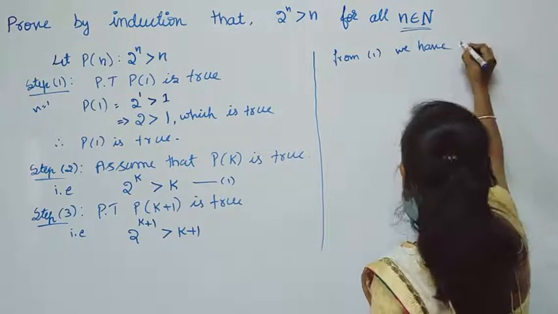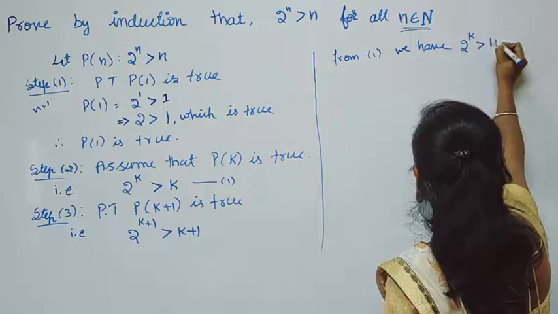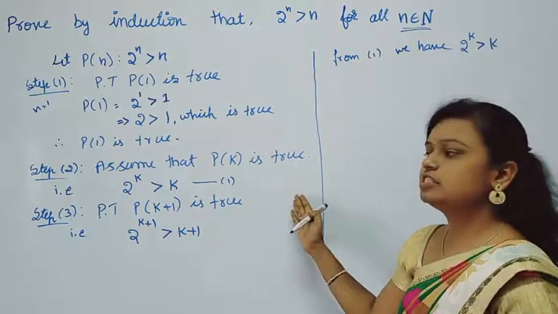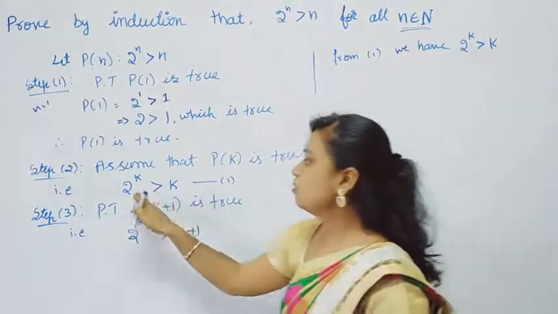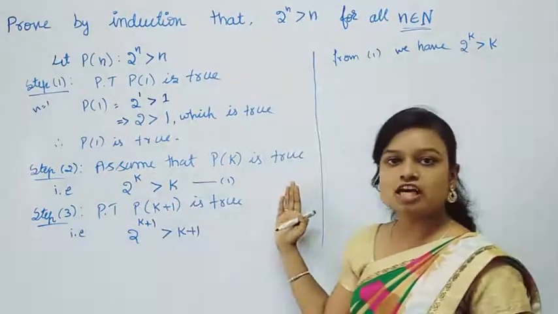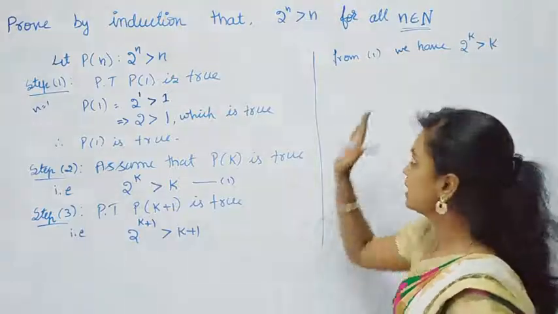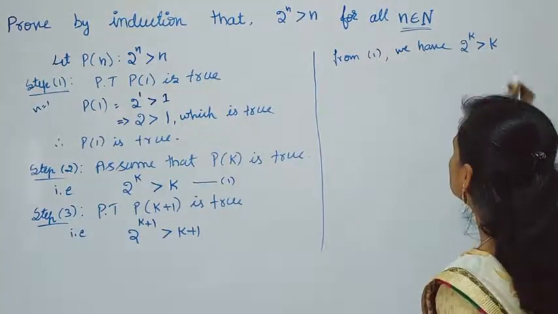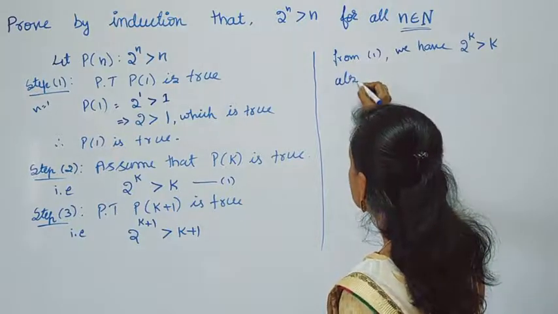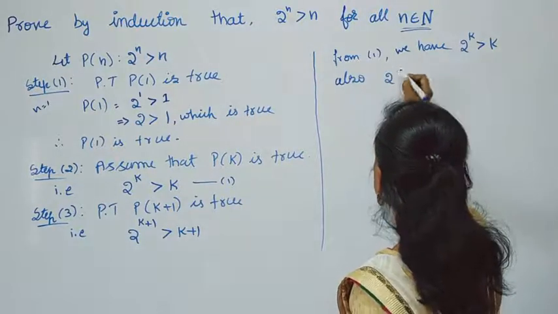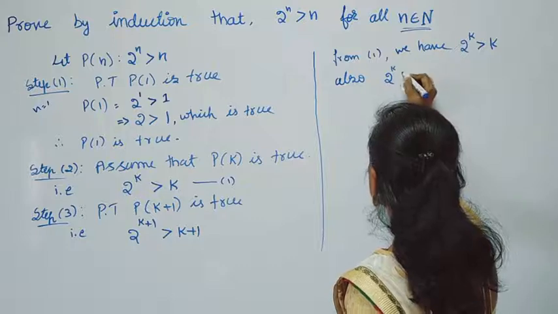We have 2 to the power of k is greater than k, right? This is our step 2, or I call this equation 1. So 2 power k is greater than k. We already assumed this. This is true. So I consider from 1 we have 2 power k is greater than k, and also 2 to the power of k is greater than